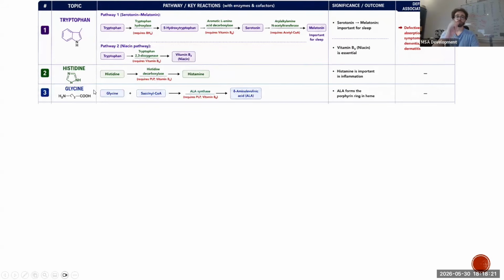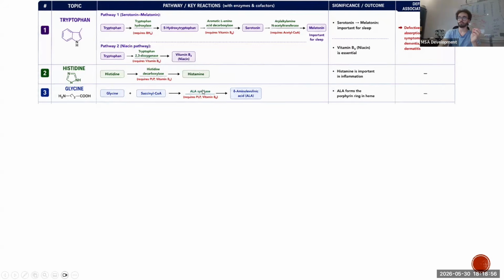Glycine, we also talked about glycine already, how it gives us oxalate, which can cause kidney stones. Something else I want you to know about glycine, it forms the structure that is found in the RBC heme ring. You guys know an RBC has hemoglobin and hemoglobin has a ring. Who creates this ring? Glycine. Glycine and succinyl-CoA will combine and turn into ALA. This ALA will form the porphyrin ring in the heme. Okay? This is very important. So the porphyrin ring in heme is ALA, which is formed from glycine.